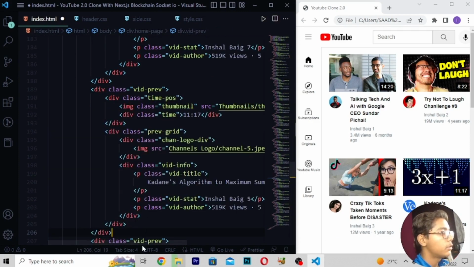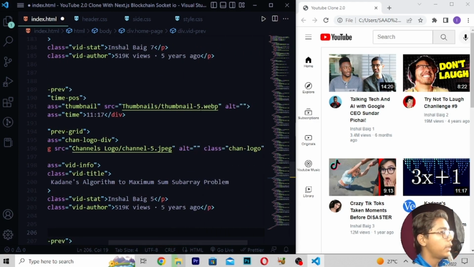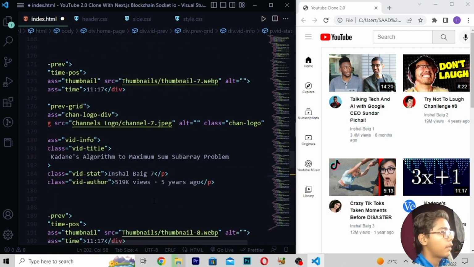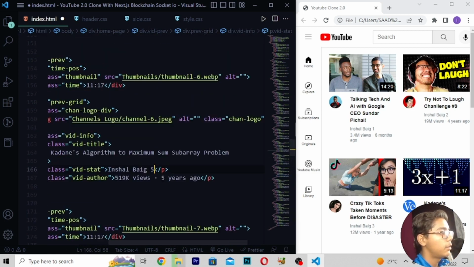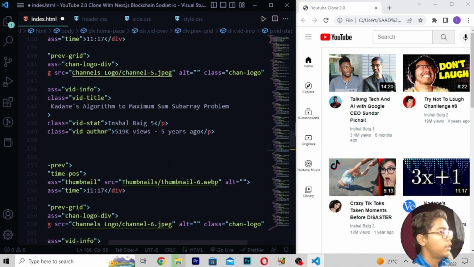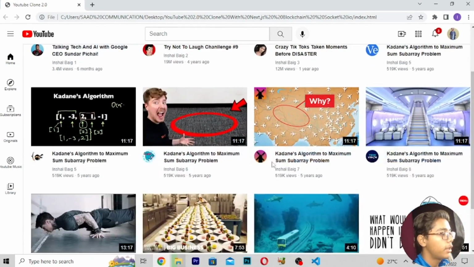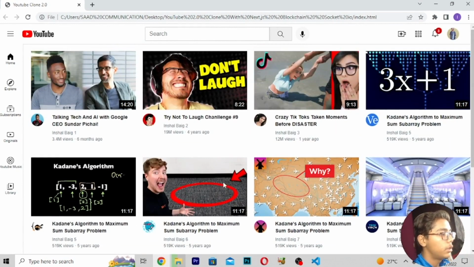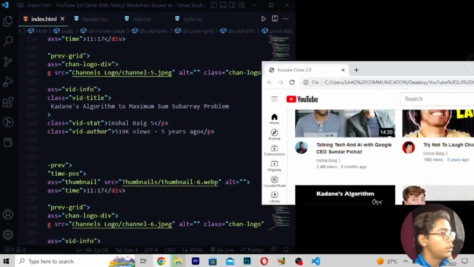Then I will be doing one thing else, like here I will be moving, right here 8, then right here 8, and here I will also be writing 8. Then when you have written 7, right here 6, then there it is 5. Save, then reload. Then if I show you, you can see we are getting 5 here also, then down 5 also, so it should be 4.